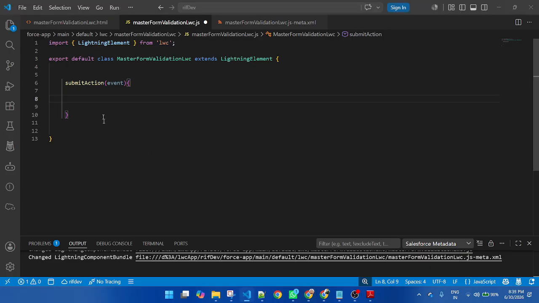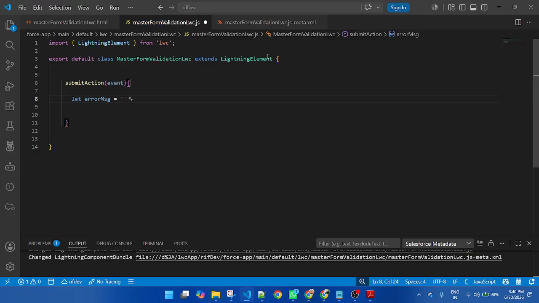So first here I will create a variable. First I will use the error message, the error message I want to display.